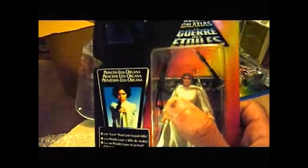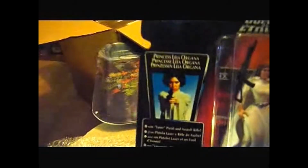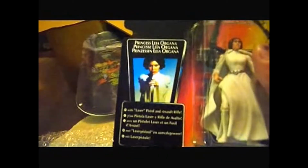And then you've got Princess Leia. The big variation with this figure is the number of indents on the belt. Sometimes there's 3 and sometimes there's 2. This one looks like it's got 3, so this is the slightly rarer version. And she comes with 2 blasters. She's got quite a long pistol there, plus that sort of machine gun looking pistol there, and the picture there, plus